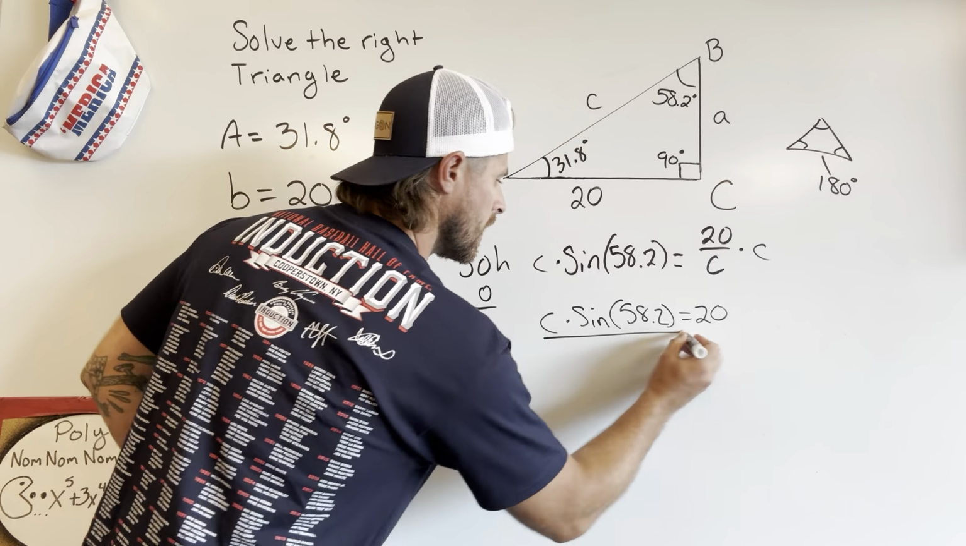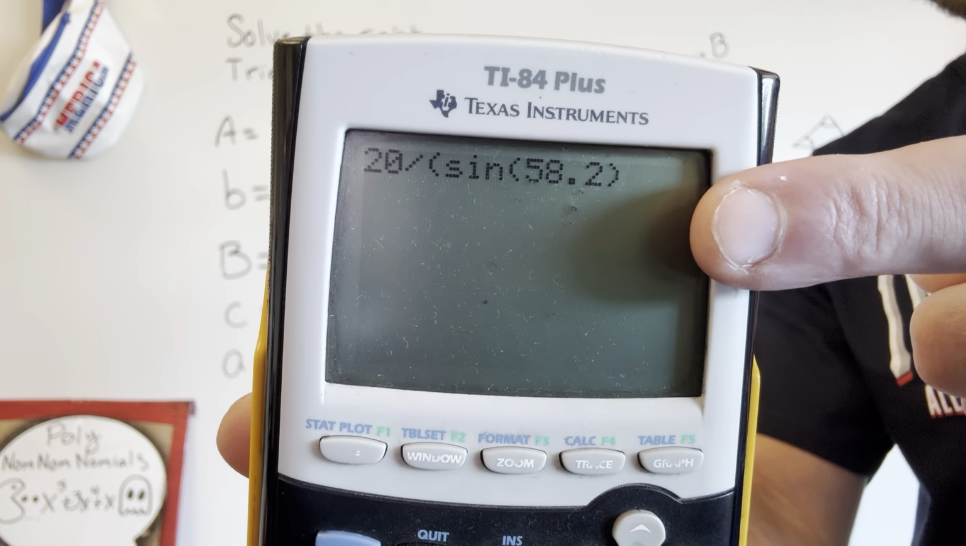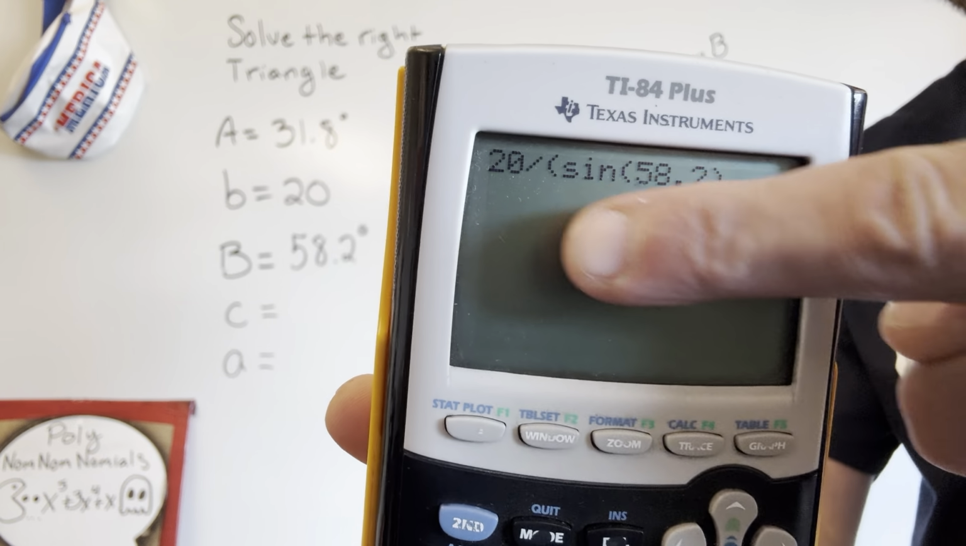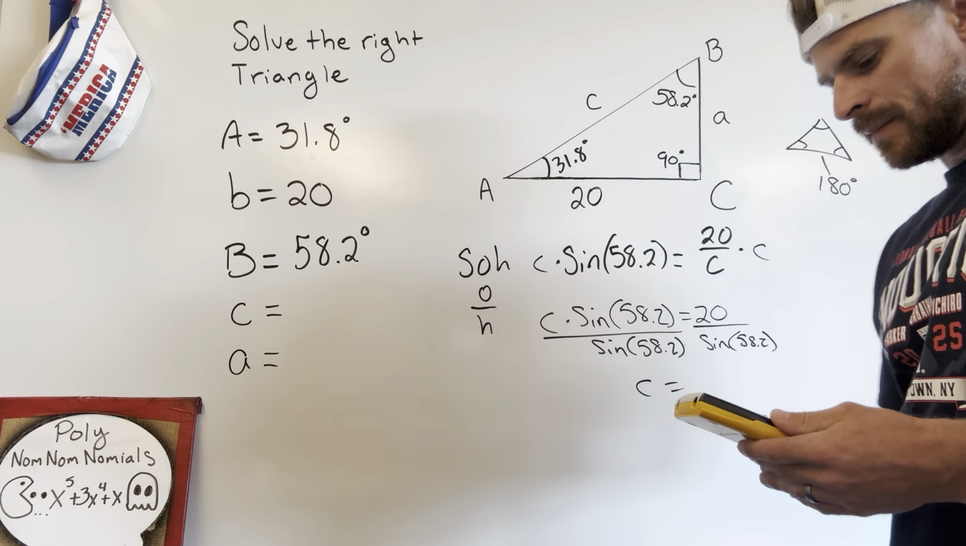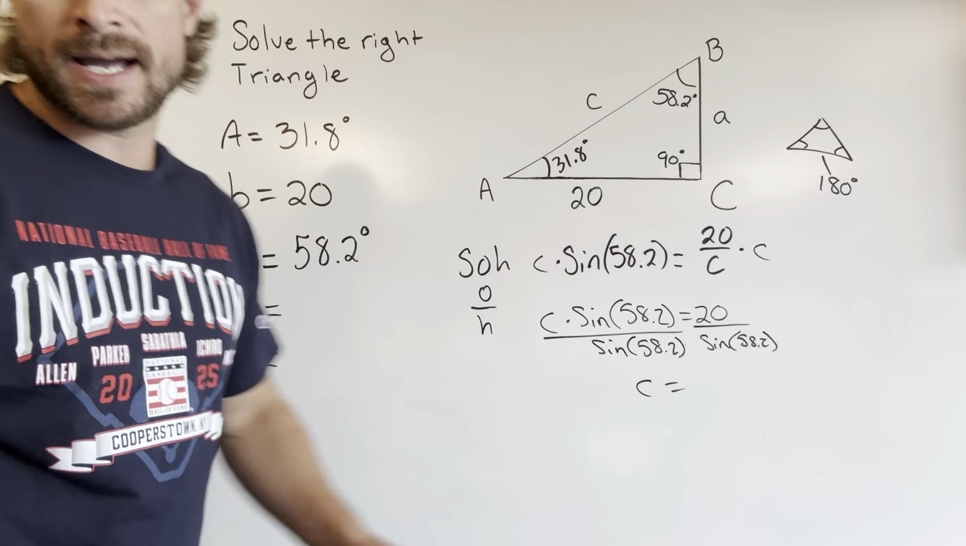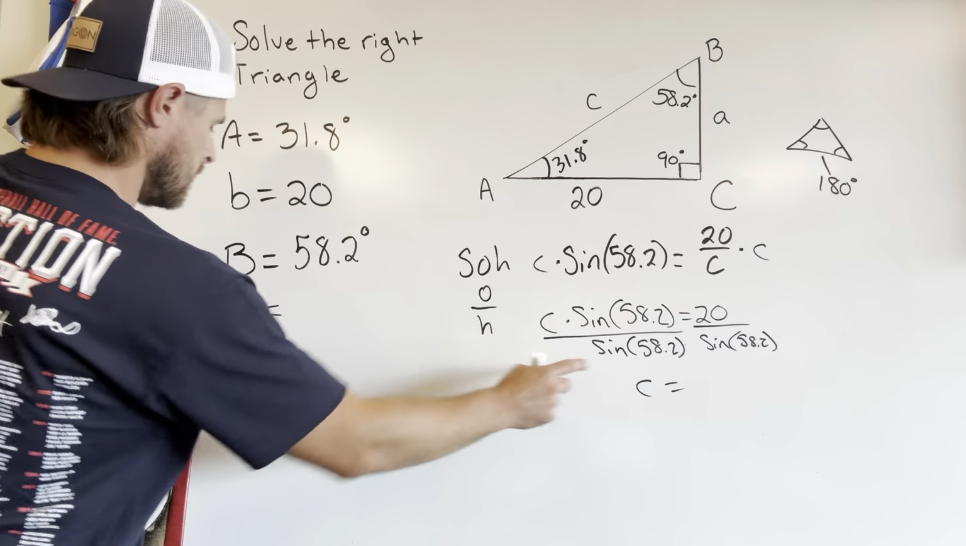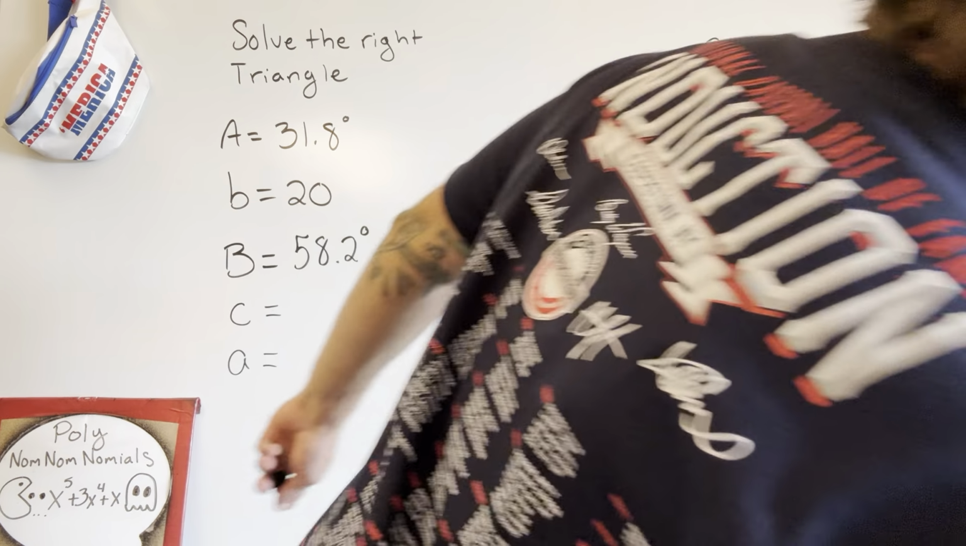So 20 divided by, use parentheses, sine 58.2. If you have any questions on how I plugged it in the calculator, that's what I plugged in. Notice that I put sine 58.2 in parentheses, so that has been done on the bottom and calculated out. And I'm left with 23.53. So I'm going to say my C, is that what we're finding? Yes, we're finding C. And what did I say? 23.53